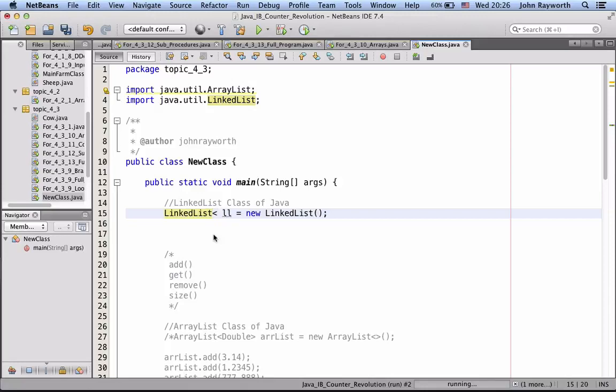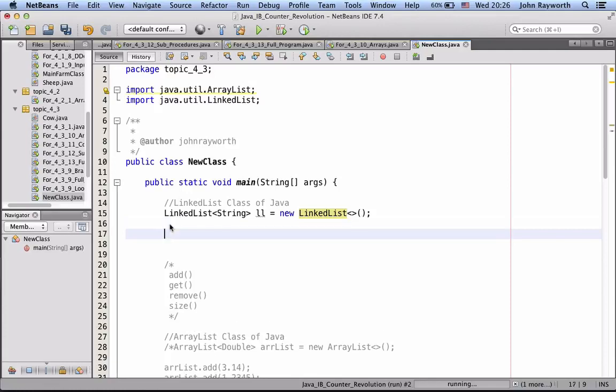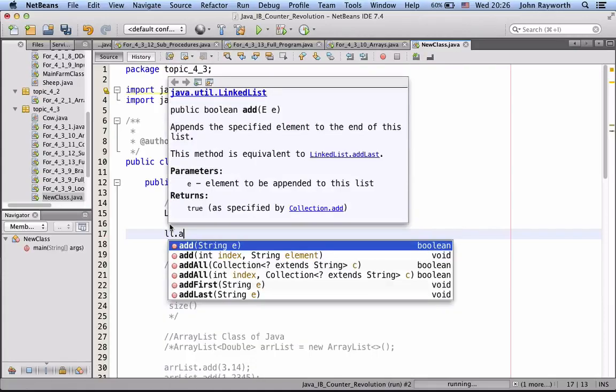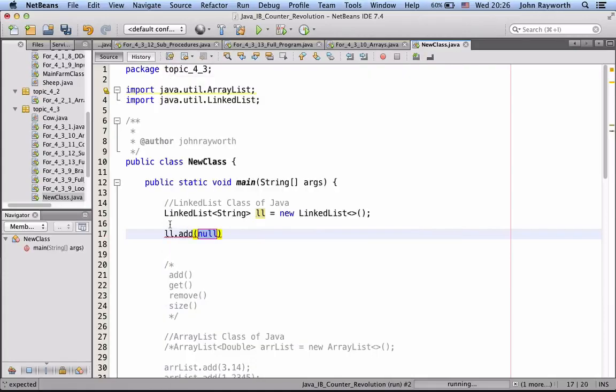So let's work with string. And that's going to help actually working with string, because we can see what was the first and so on, second, third to have been added. So ll dot add, it is add, same thing, add a string, and